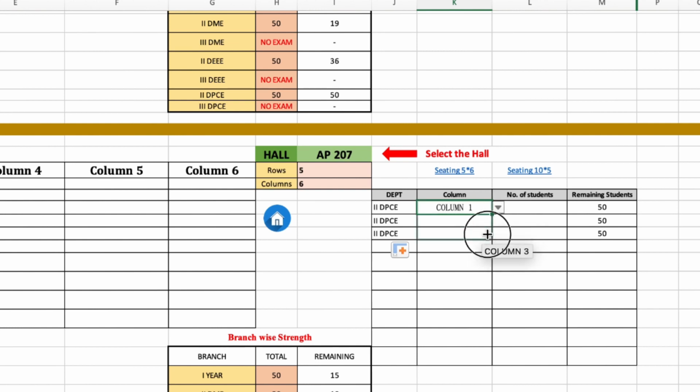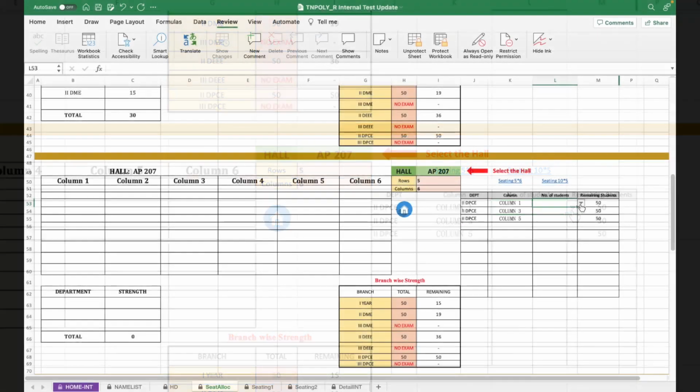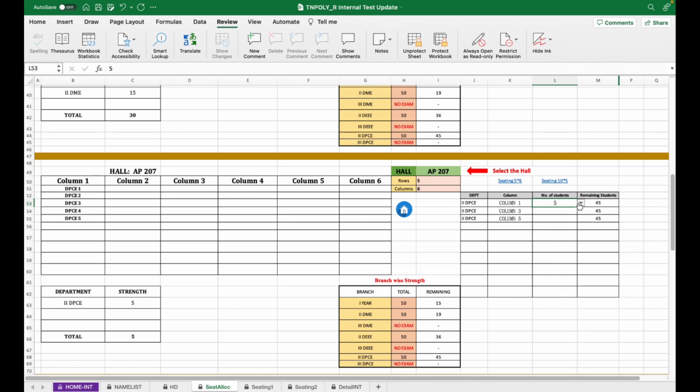You can just drag it like that. So if you drag, it will change. So column 1, column 3 and column 5. And the students count is only 5 in each column. Yes, over. And in the remaining place, I am entering the first year students in column 2, 5. And in column 4, first year students,